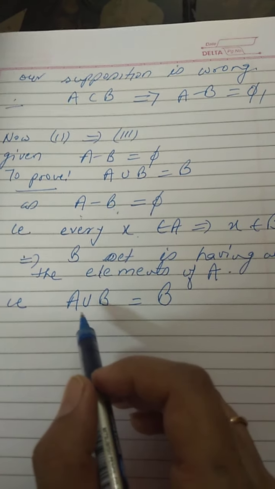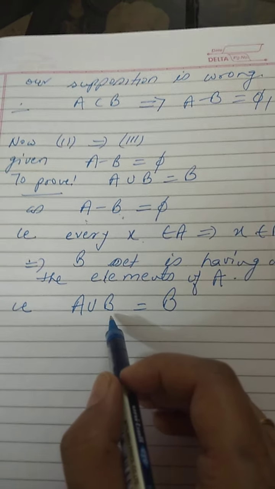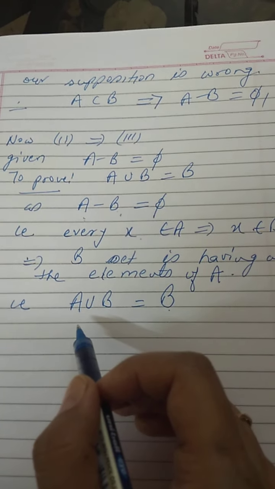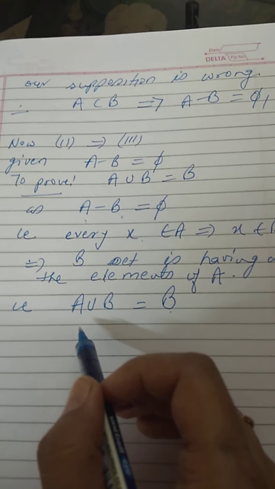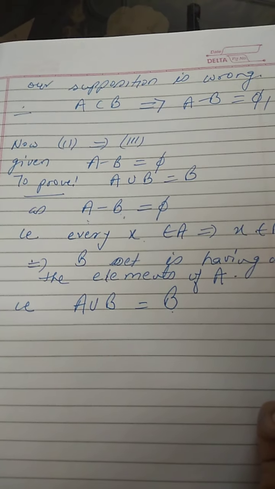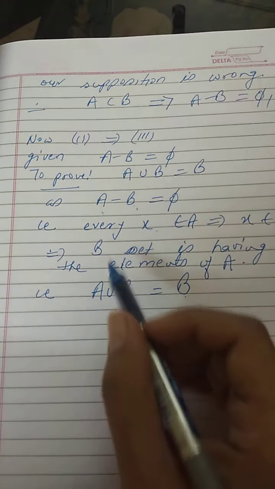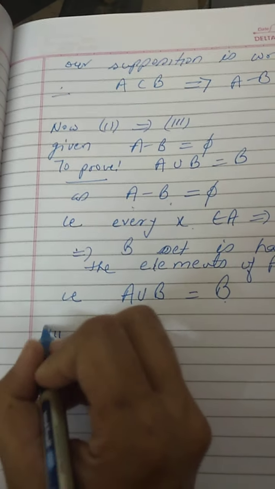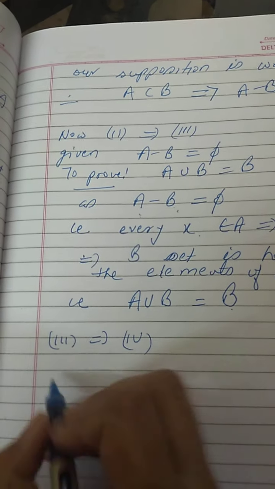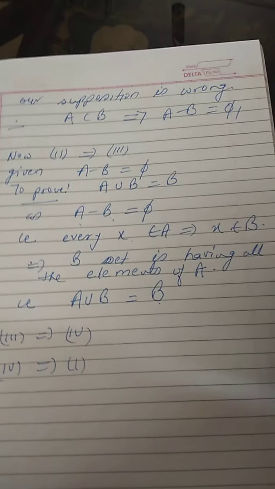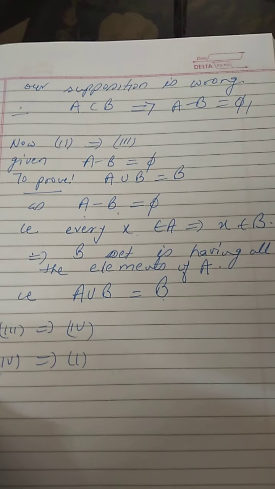So A union B, when I take the union of one set and some other bigger set, it will be B. Small example, if I take the union of class 11 of SGS with the SGS, the union will be SGS, always the bigger set, right? So this is second implies third. Similarly, you people can do third implies fourth, and then you people have to prove 4 implies first. I hope you can do that. If anybody has any doubt, you can ask, but try to do them.